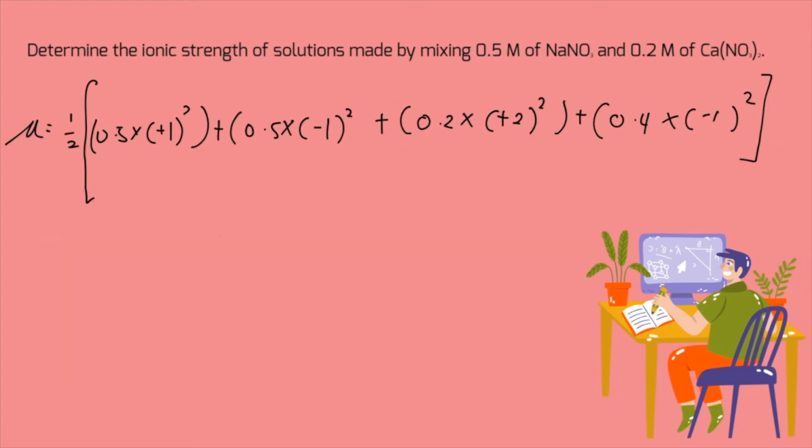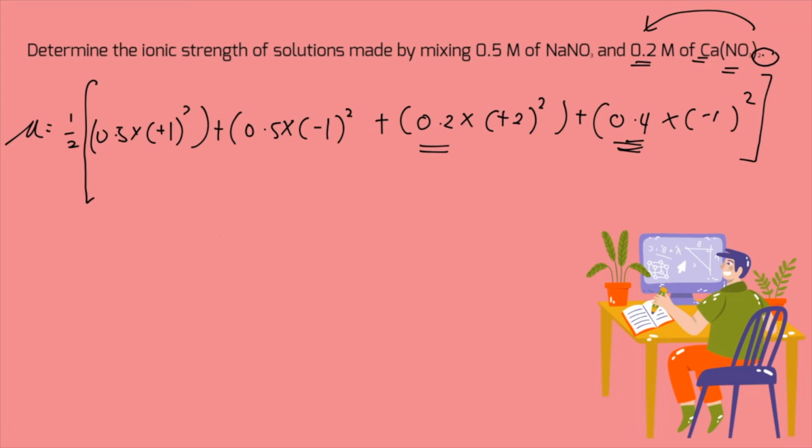So right now, you need to remember that in CaNO3 you already have only one Ca. That's why here it is only 0.2, but here 0.4, because the initial concentration for CaNO3 is actually 0.2 molar, right? But since you have 2 here, you need 2 times 2. So 2 times 0.2, you get 0.4. So 0.4 times the